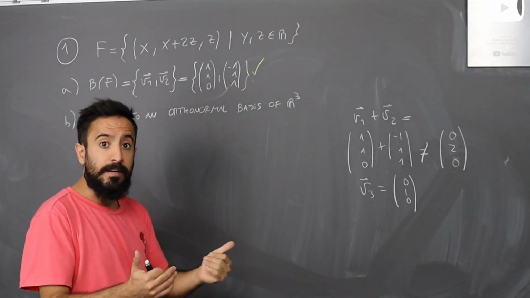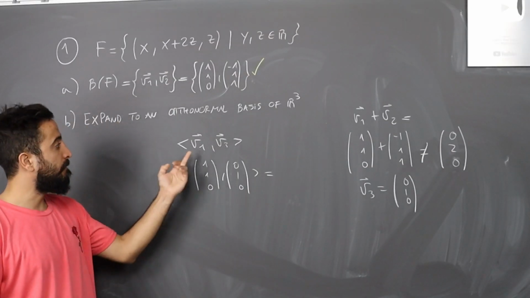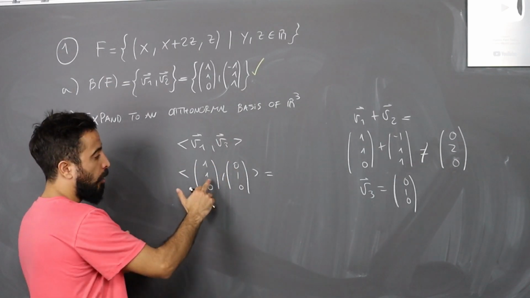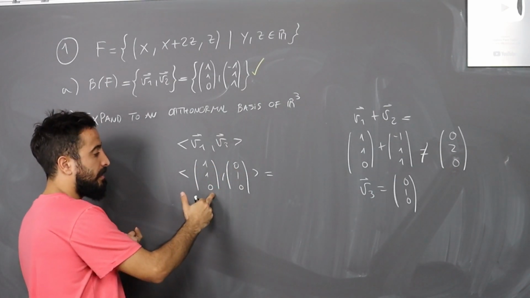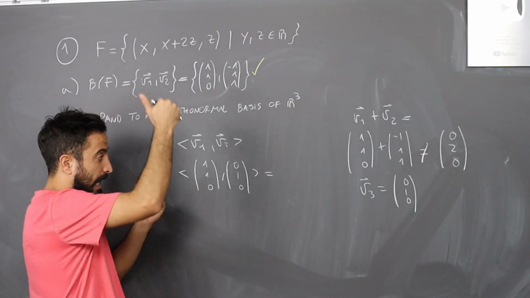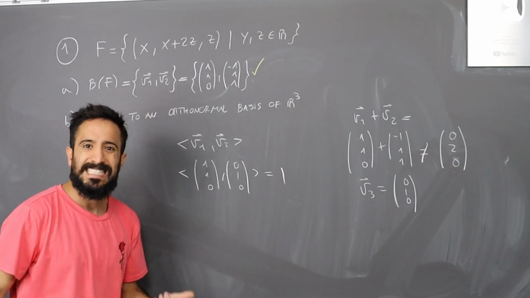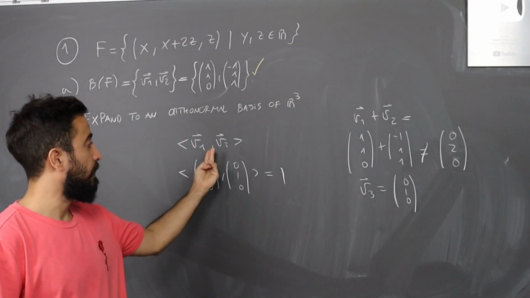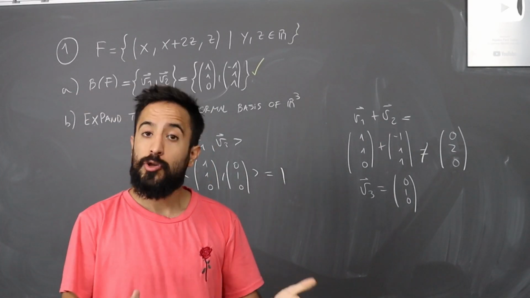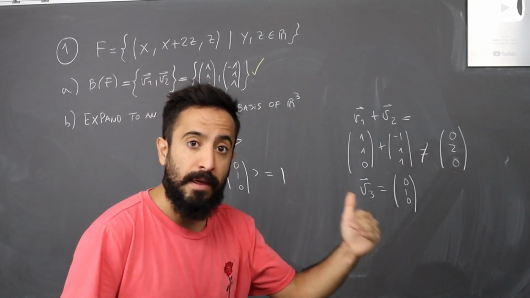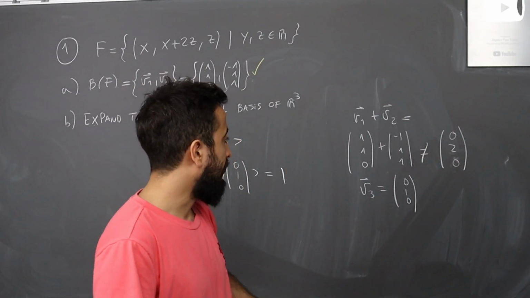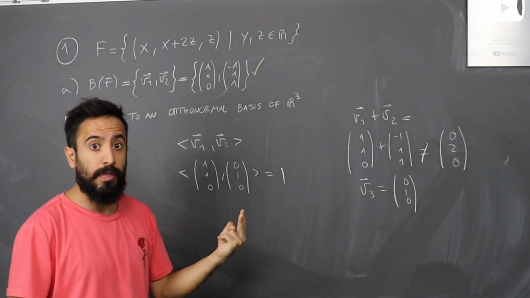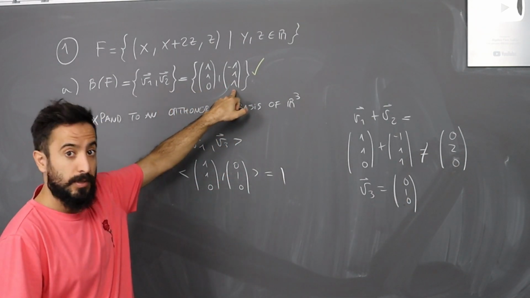Let's calculate the inner product. Let's start with the inner product of b1 and b3. So when we do the math, we get 1 times 0, 0, 1 times 1, 1, and 0 times 0, so 0. When I add them together it is 1. That doesn't equal 0. So these 2 vectors are not orthogonal. So that means that I have to apply the Gram-Schmidt method again so that I can change this vector and find a vector that is both orthogonal to b1 and b2.